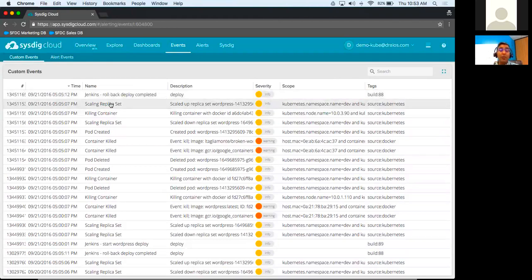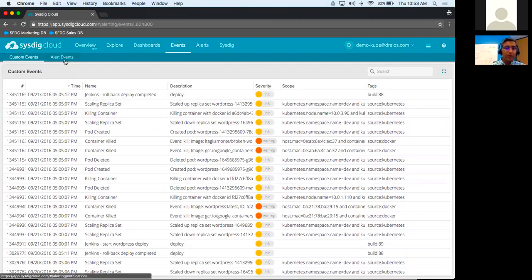And as I mentioned earlier, we have a Slack bot that can listen to any channel and post events back to our system. So you can let Sysdig know if you've had a bad day. You can let Sysdig know if you haven't had enough coffee today. And those things may impact your system.